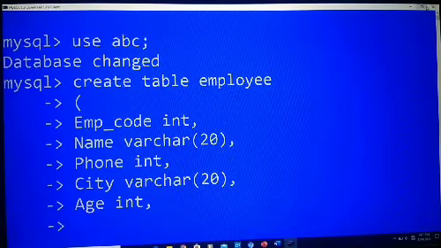In this table we make a primary key. As you know, our employee code contains unique value. Okay, so we make primary key to employee code column.